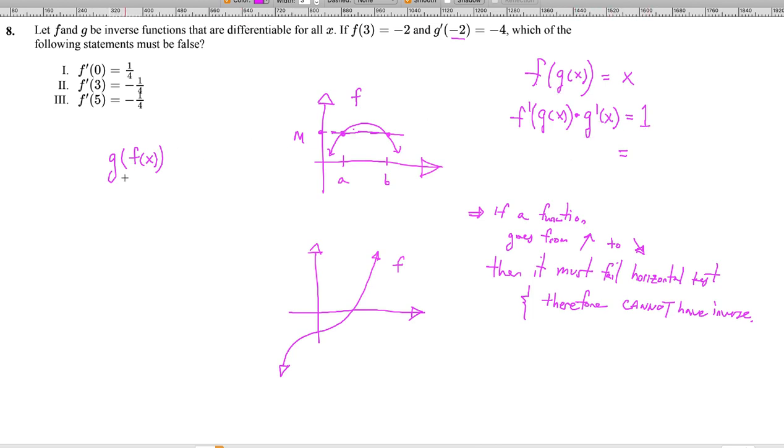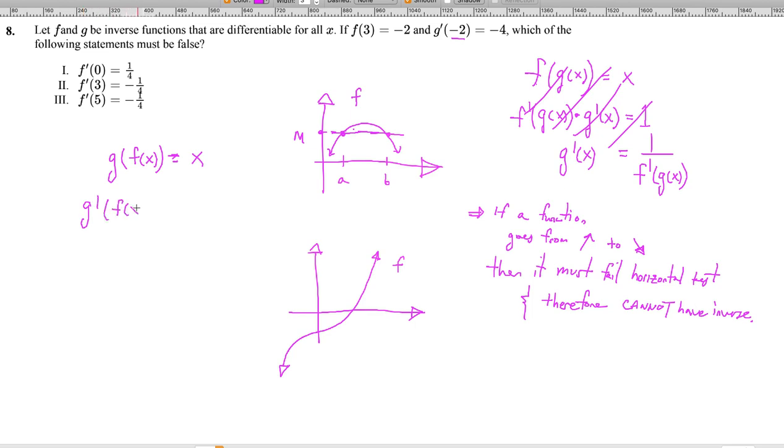I want to get a formula for f of x. So let's start over, same thing. You would have gotten that g prime of x is equal to 1 over f prime of g of x, but the roles of f and g are interchangeable. So I'll do it again with this one, and I differentiate g prime